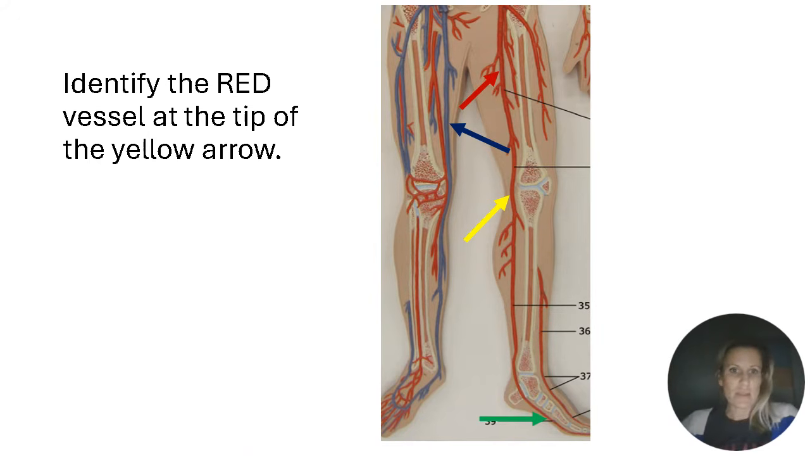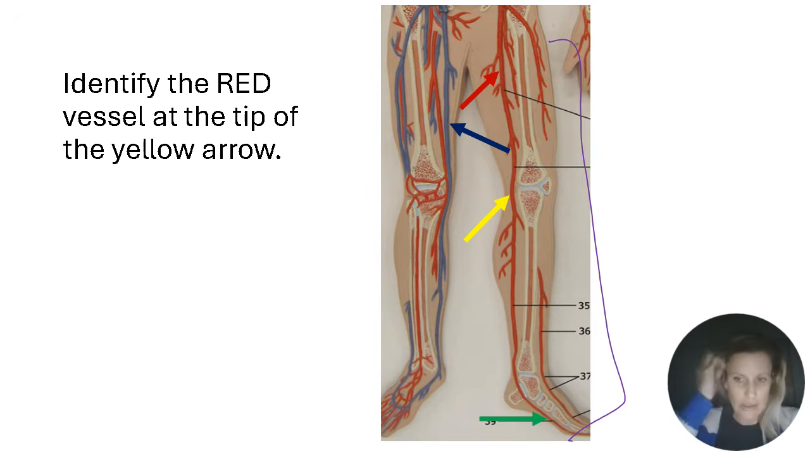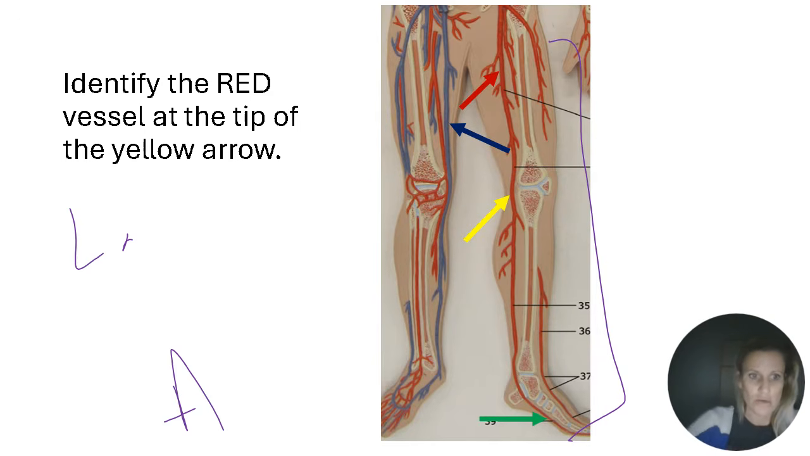Identify the red vessel at the tip of the yellow arrow. Again, we've seen this picture before. Remember, we said that because this is the left leg, every vessel on that side, in that leg, is going to be left. We're talking about a red vessel, so it's an artery. Now, which artery is it? Let's see, at the tip of the yellow arrow, we're talking about this artery that goes right behind the knee. So remember, that's the left